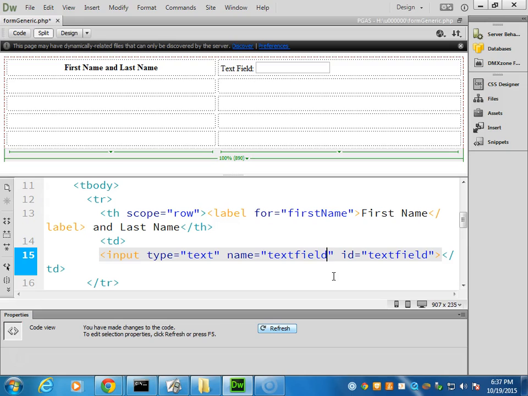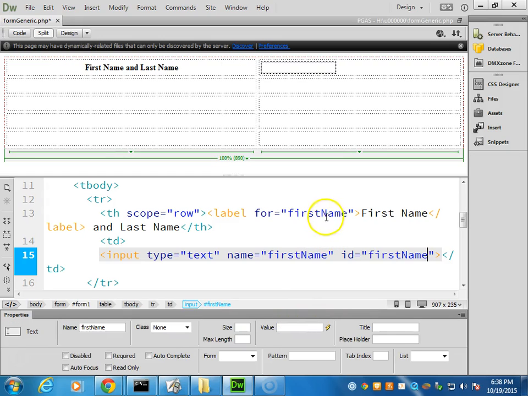We want to change the name of this field to be first name, and we want to change the ID for this field to be first name. Okay, now that probably, absolutely, could all have been done down here in the properties box as